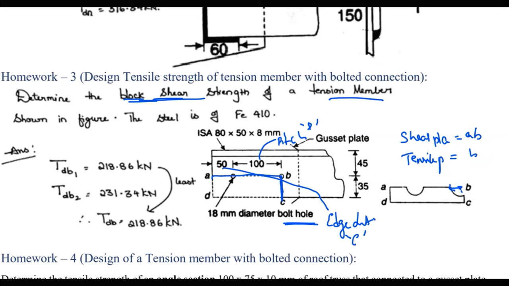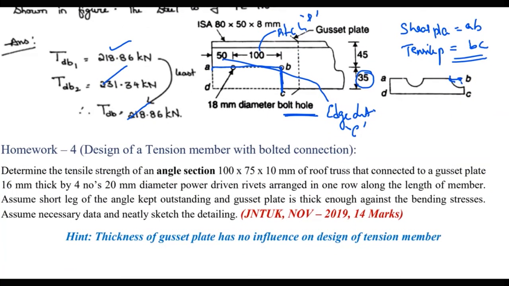What is that? BC. Okay, and you know what is the length of BC, and you can easily calculate the areas. Okay, that's no problem. And net area and gross area are going to be different. You have to take care of that. Okay, please refer to the previous solved examples to solve this problem. That would be helpful for you, and check the answers for these values. And last, question number 4 as your homework.